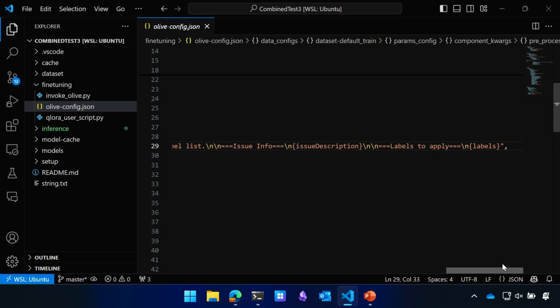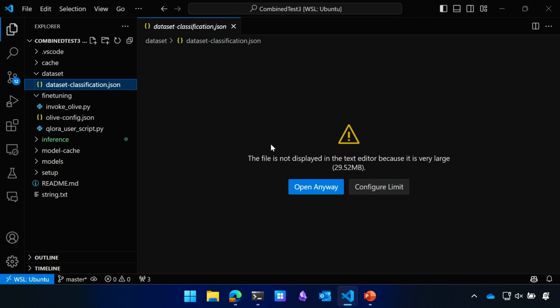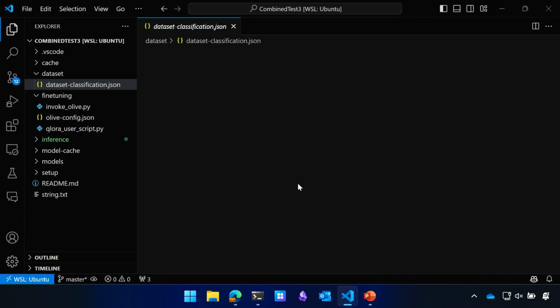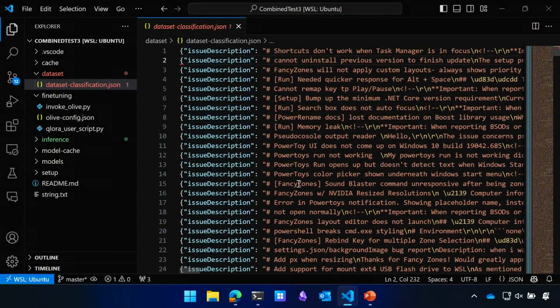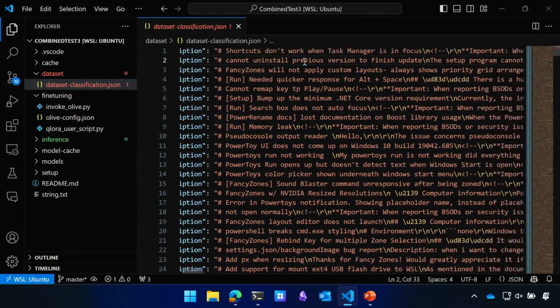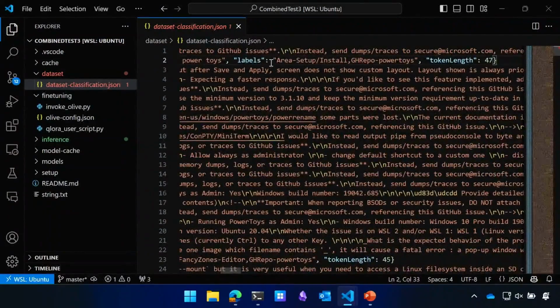And then we show it, here's the issue info, and then here are the labels that you should be applying. Where we get this actual data is from this dataset, classification.json. So we have this huge, awesome data set of all of the issues we've already triaged. We grabbed that from GitHub, made it into this JSON file, and then we have issue descriptions like, "Hey, I can't uninstall the previous version to finish the update," and we have the labels that's set up and install for